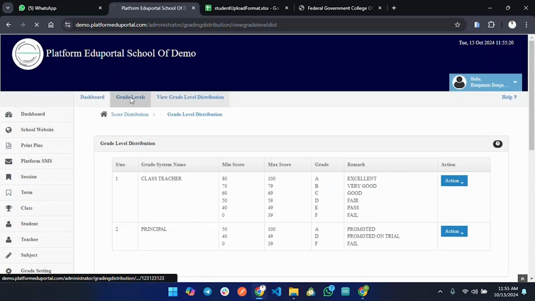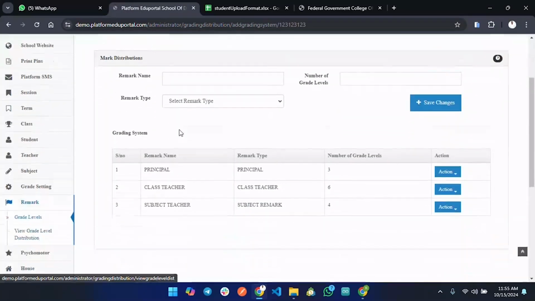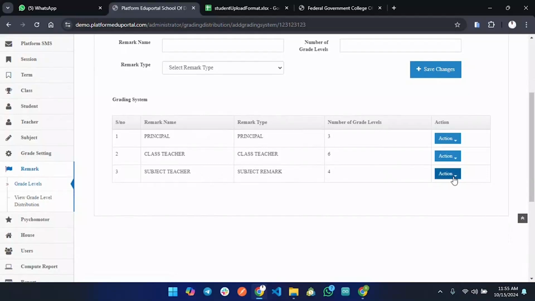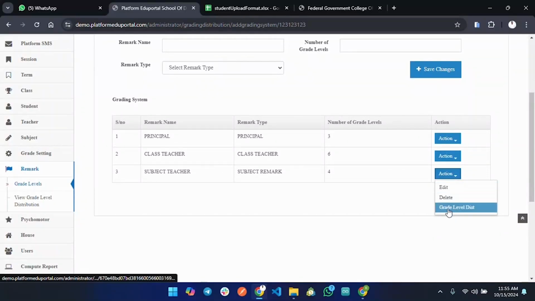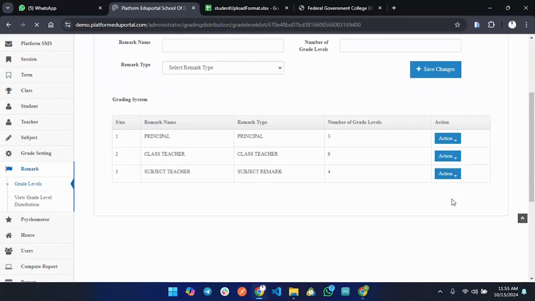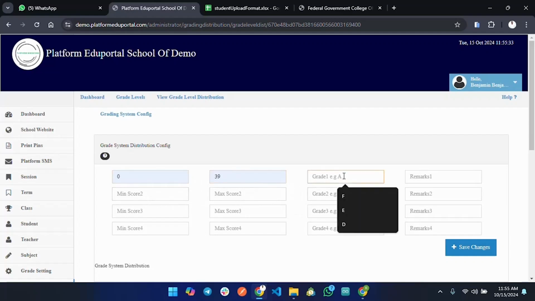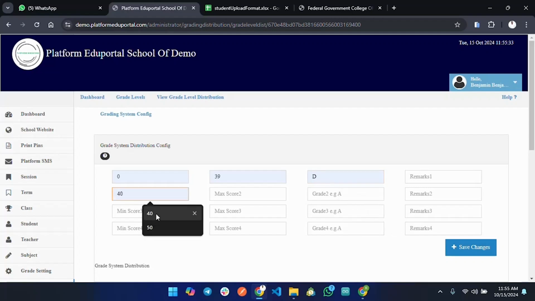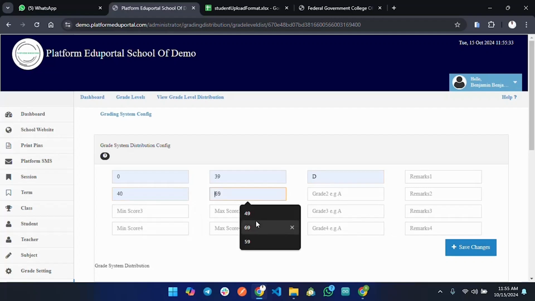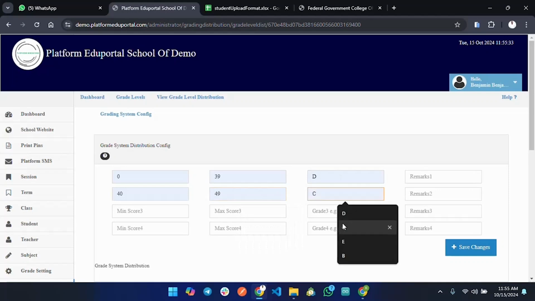And next we go back to grade level, and finally we want to do this remark for the subject teacher. So we click on grade level distribution, and here for the subject teacher we have just 4 grade levels. Let's set this from 0 to 39. Let's say this will be D. From 40 to 49, or let's say from 40 to